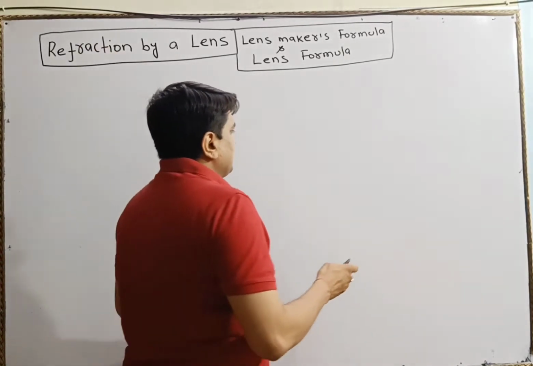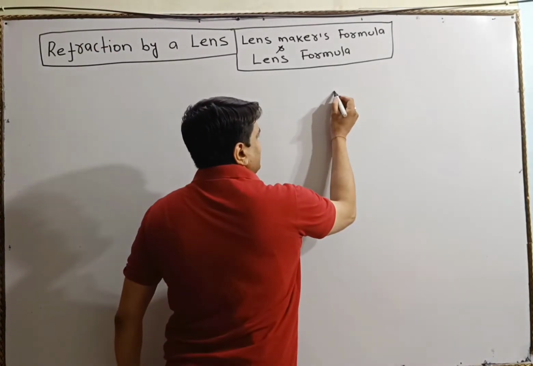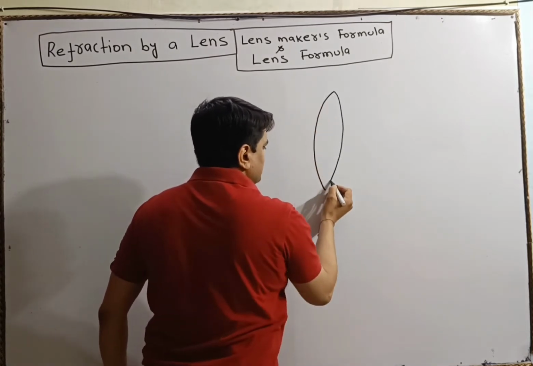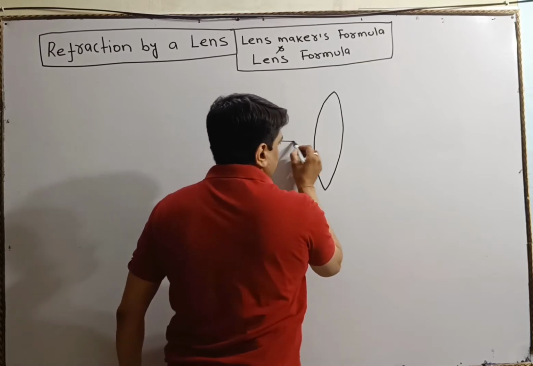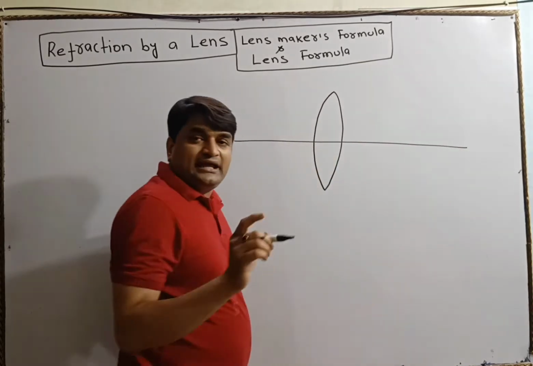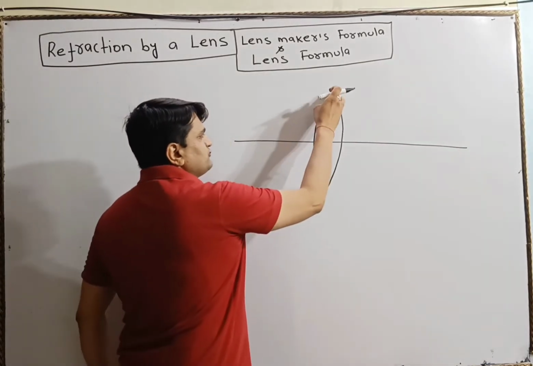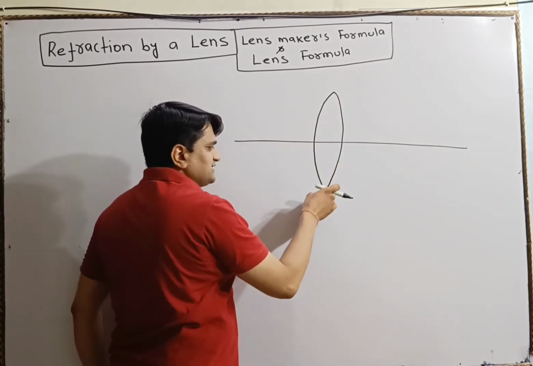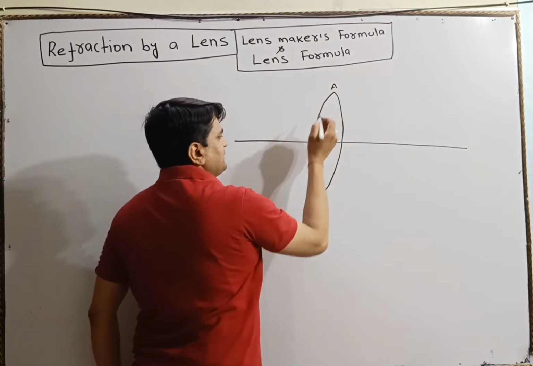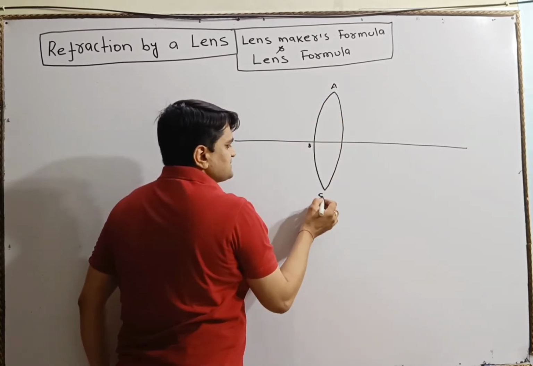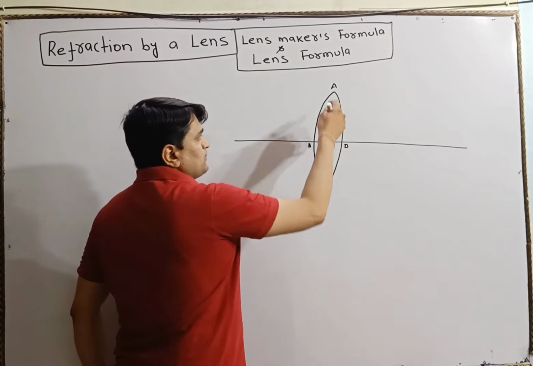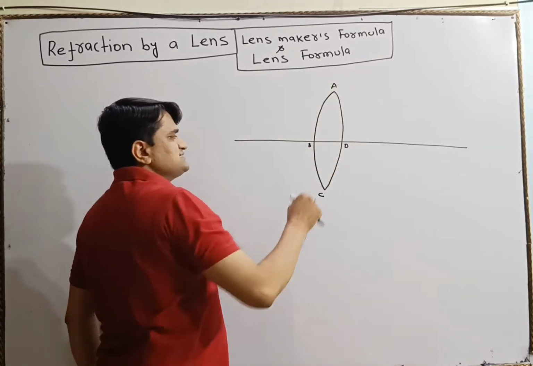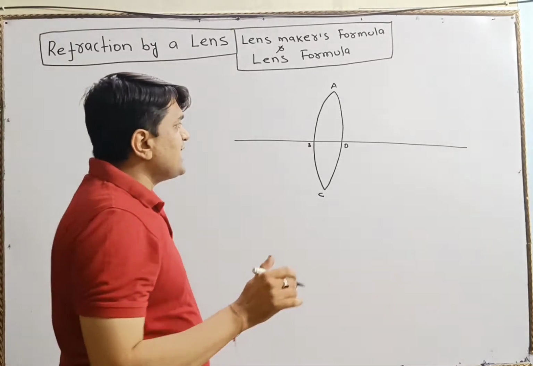I have taken a lens. Let's have a lens. It is a convex lens. Here this lens is made of two surfaces. One surface is this and another surface is this. Let the points be A, B, C, D. One surface is ABC and another surface is ADC. There are two surfaces, and for